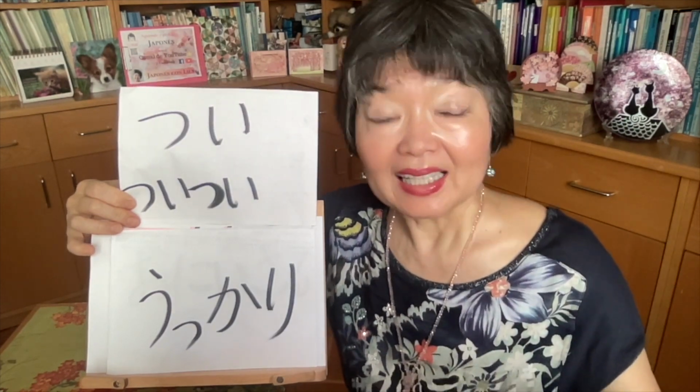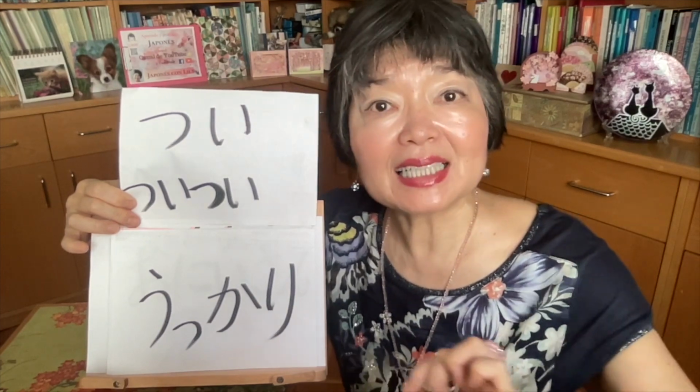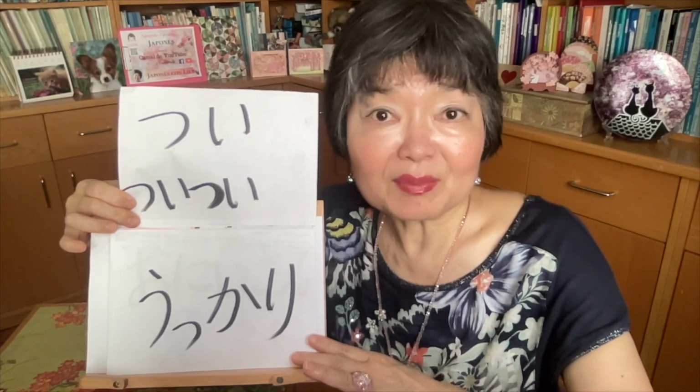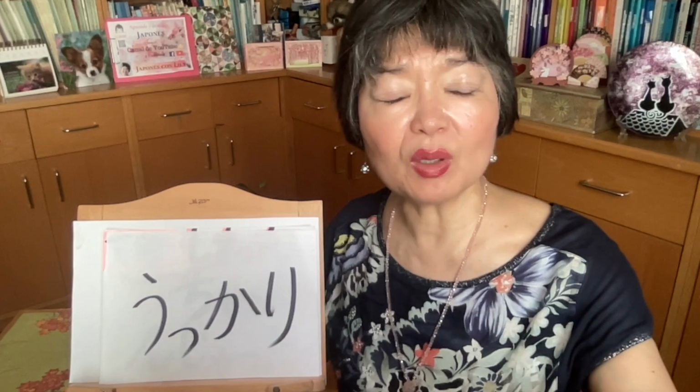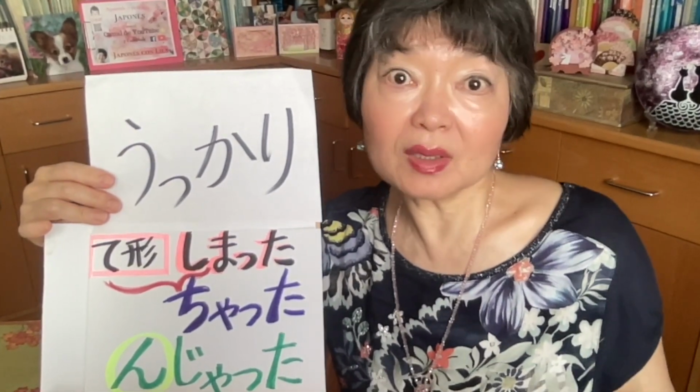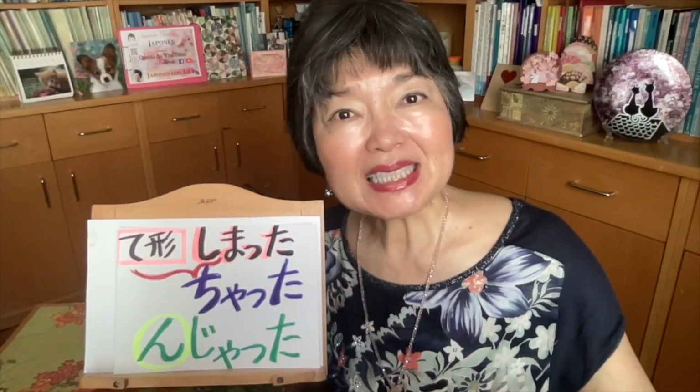But if I say うっかり食べちゃった, with うっかり, this is by mistake. He didn't know that was little brother's ice cream. He didn't know it, so he just ate it. That was a pity, but that was a mistake. お兄ちゃんは弟のアイスクリームをうっかり食べちゃった。